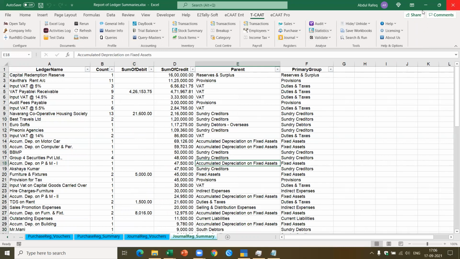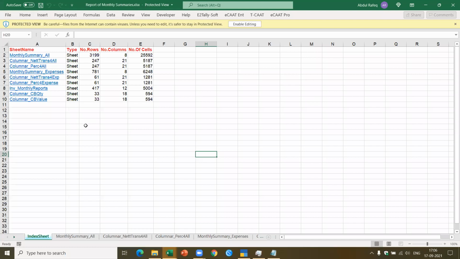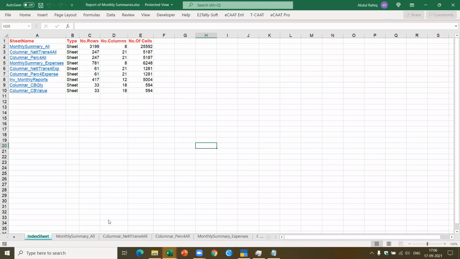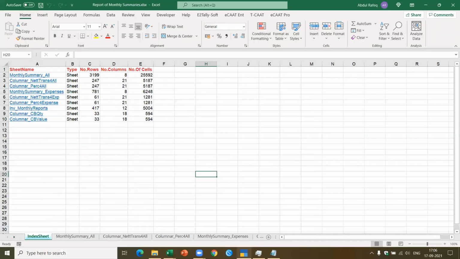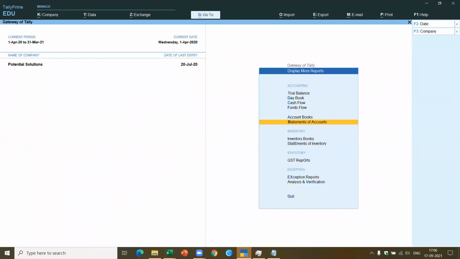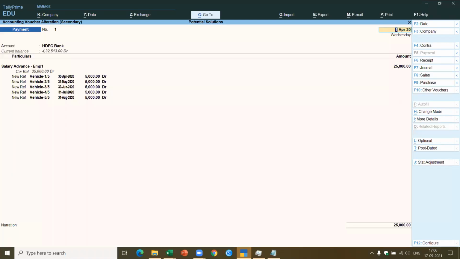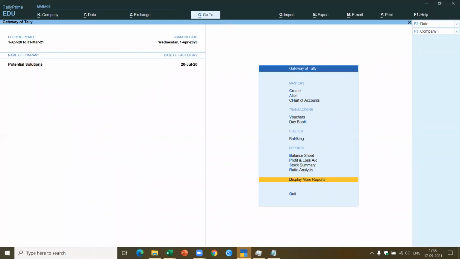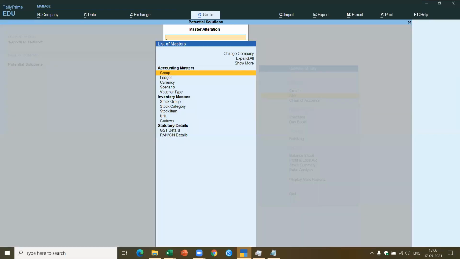Now let me show you the last part, which is the monthly summary. This is the most interesting part. When you go to Tally, now if you open any account, let me show you, then I think you'll get an idea. Let's say I open the daybook. If I go to this particular ledger, these are the transactions I get. Now let's say I go to any particular ledger.